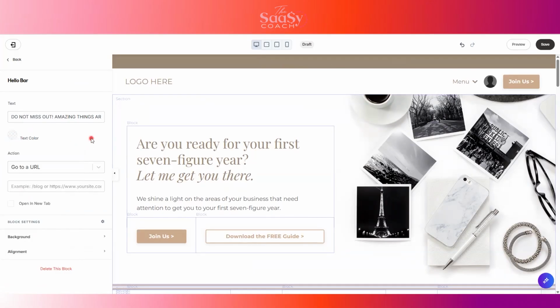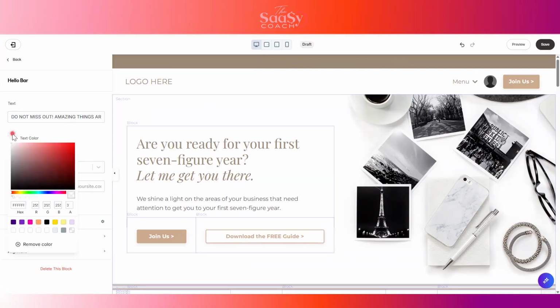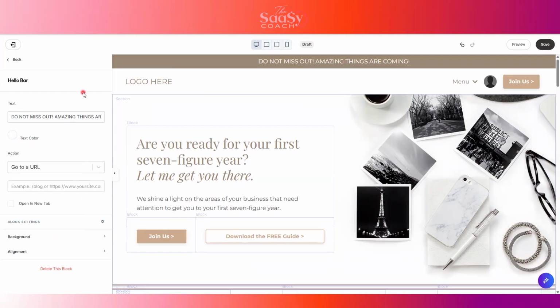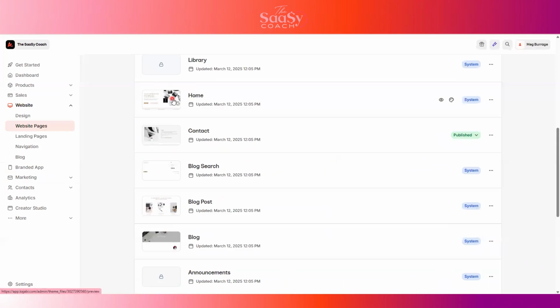White. Oops, sorry. Not what I meant to do. Okay, so each individual landing page can have its own hello bar sitting here at the top. Whereas if you were to add a hello bar to the header of your system homepage, perhaps it's a hello bar that promotes one of your programs. Currently enrollment is open, and you add a hello bar to this system homepage,